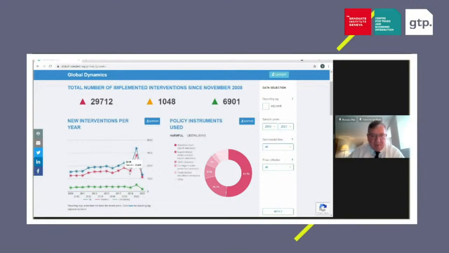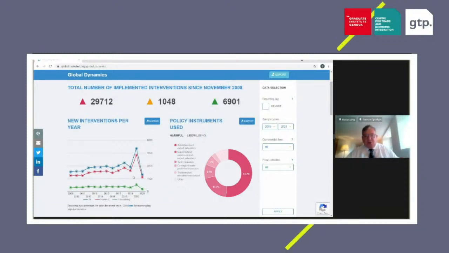And you can see that the number of policy interventions that harm foreign commercial interests are much, much higher than the number liberalizing, unfortunately. Now, you might also notice here that in 2021, the totals are much lower than for the other years. That's not because this is a fantastic year, it's just that we've had only 9 months to collect information on 2021, and we've had for 2020, 21 months. For 2019, we've had 33 months.